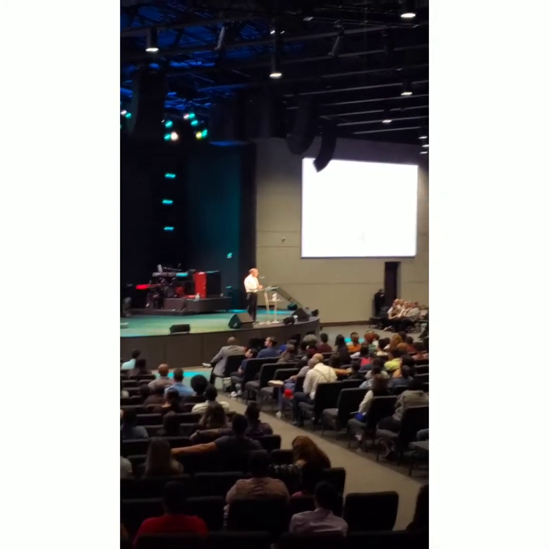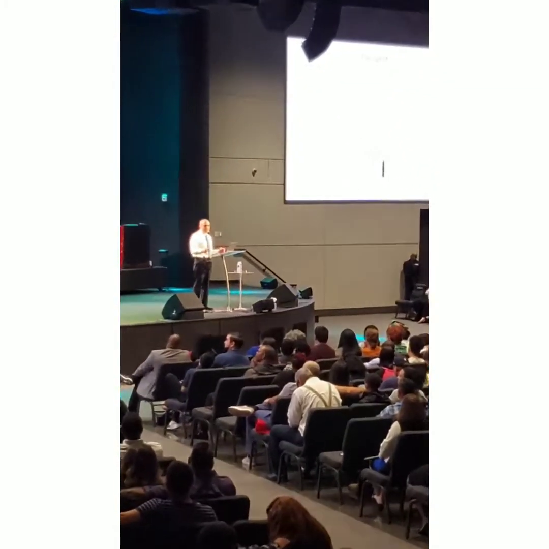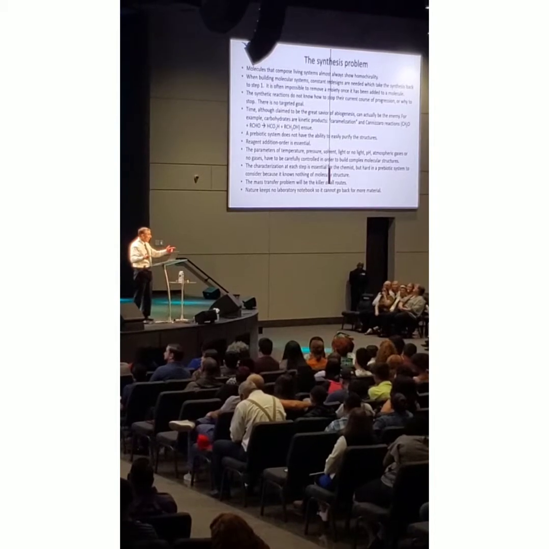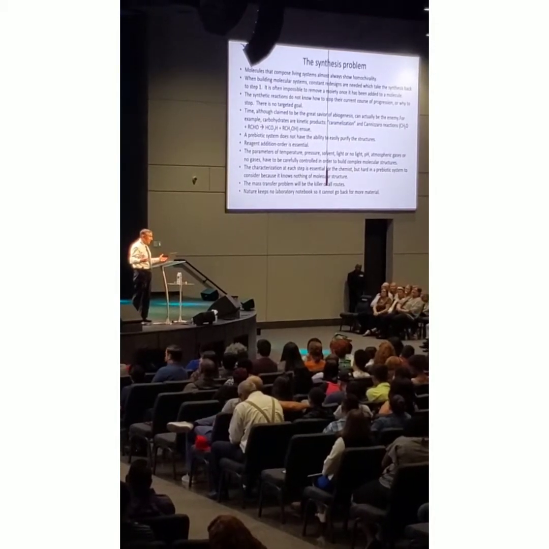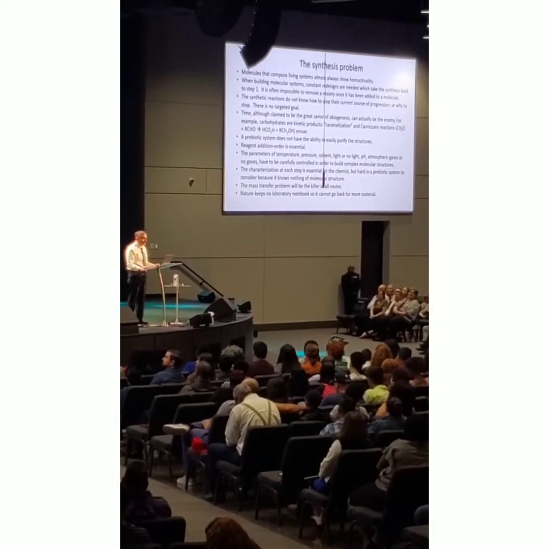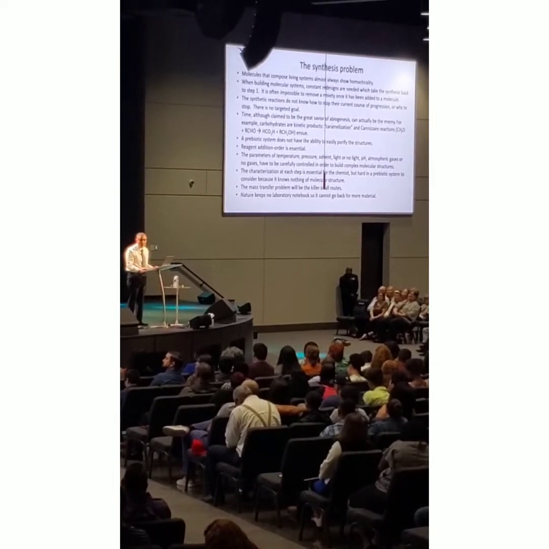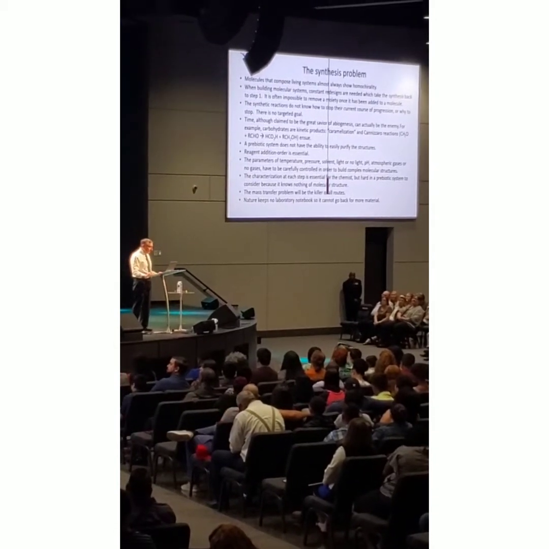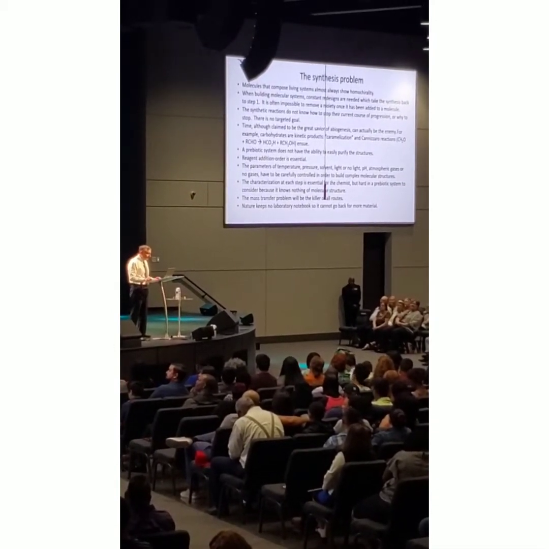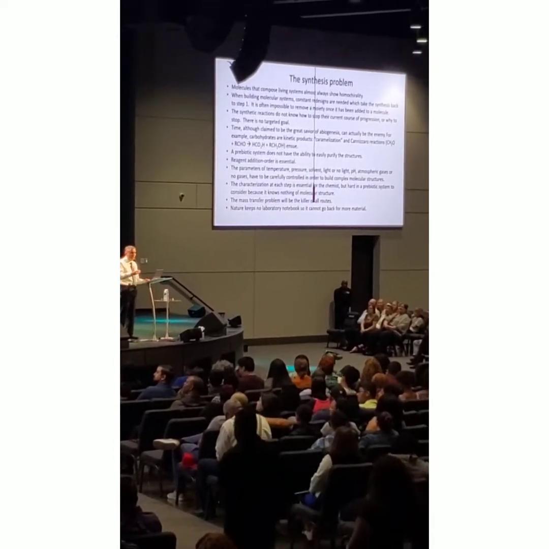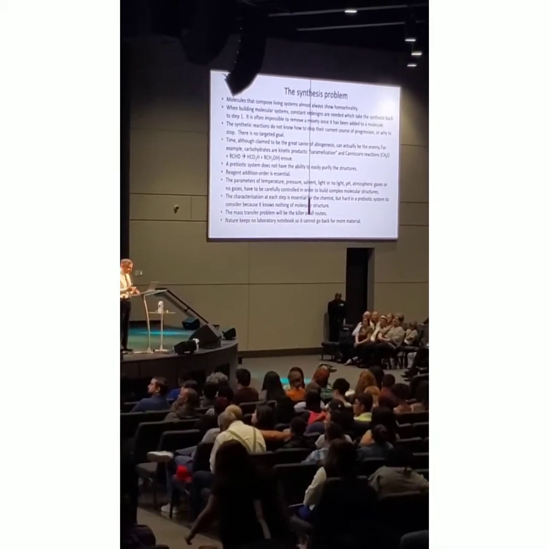Time, although often claimed, oh, billions of years, thought these things had happened. No, because if a chemical is made, it's going to go bad. Remember those parts turn rusty? They're not good anymore after a few months exposed to the atmosphere. You say, well, early Earth was different. Yeah, early Earth was harsher. It had more ammonia. It was much harsher, less oxygen, more ammonia. All right, a prebiotic system doesn't have the ability to easily purify structures. You have to be able to purify things for them to go along.